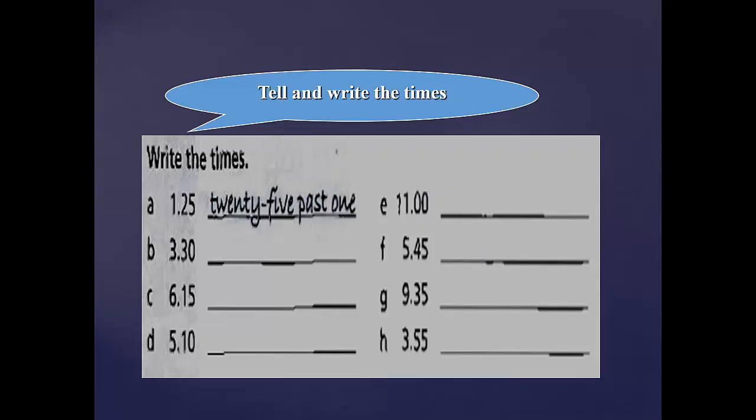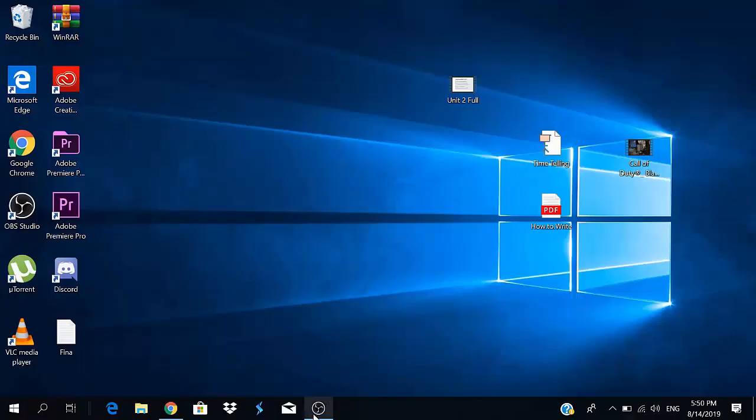Finally, we have G, 9:35, or we could say 25 to 10. So 35, also a lot of time, so we'll just use the closer one. So 25 to 10, 25 minutes to 10 o'clock. And finally, we have H is 3:55. I cannot say here, you guys. This is an absolute no-no. Again, I cannot say 55 past 3. No, just go with the closer one. So 5 to 4. 5 until it becomes 4 o'clock. So 5 to 4 or 3:55. Okay? Pretty easy stuff, you guys. I'll see you in the next one.